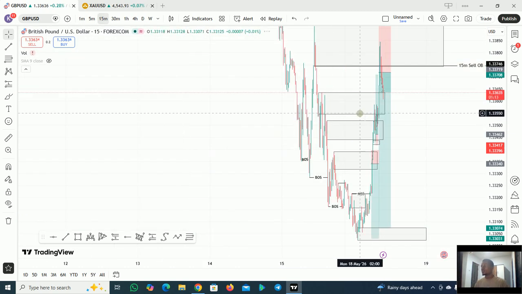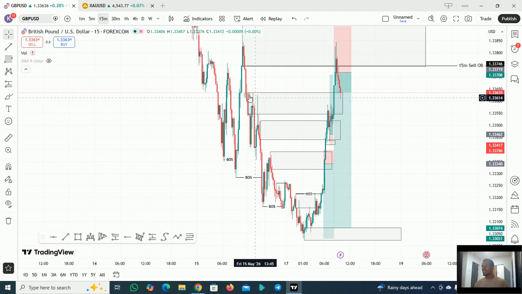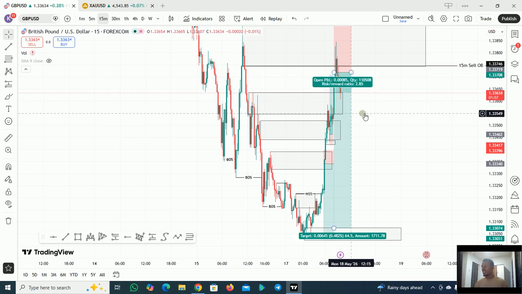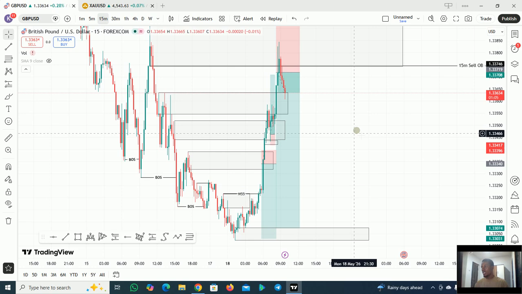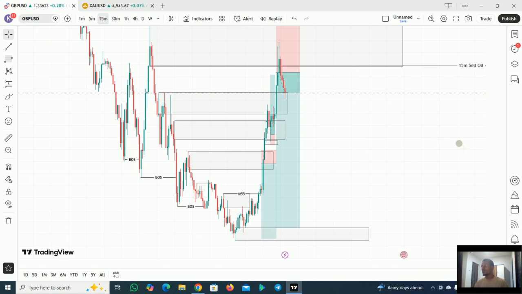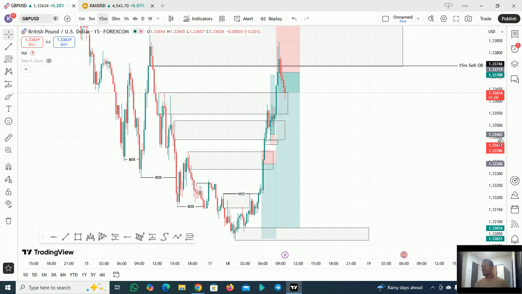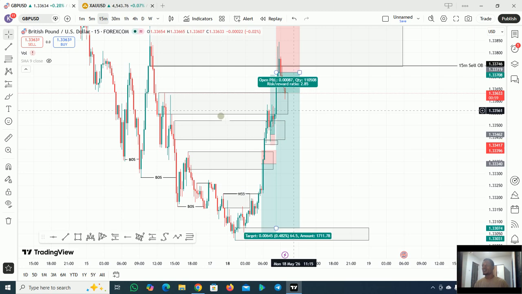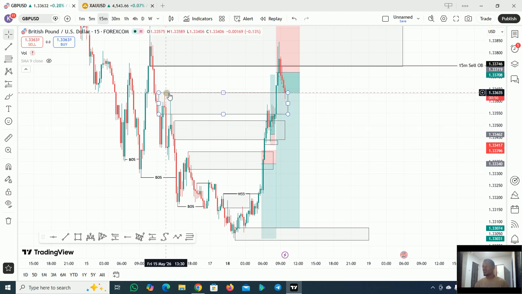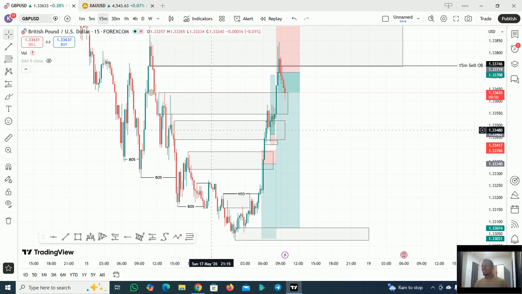As we all know, we already have liquidity around here. This is a supply zone, a very strong supply zone right here. Price, like I always say, moves in targets of liquidity. Price always targets liquidity. So this zone has already been mitigated. So it is a supply zone that came to break structure over here.